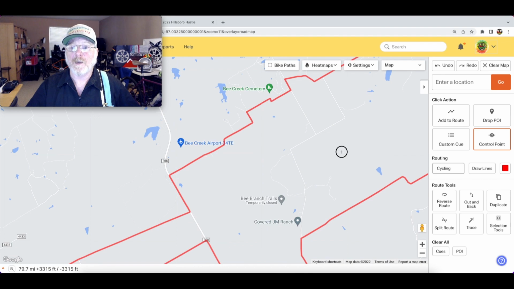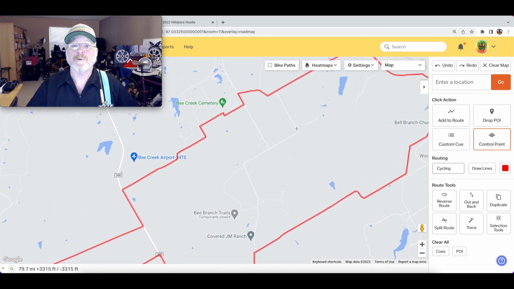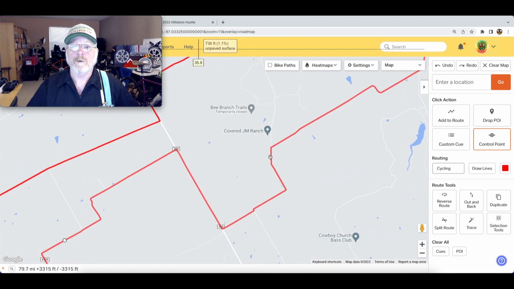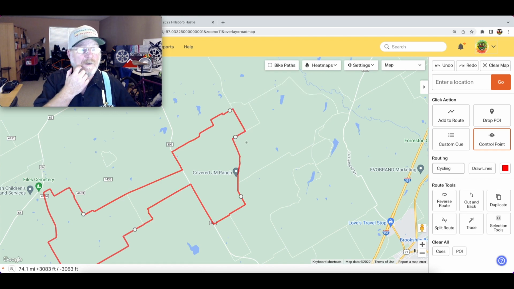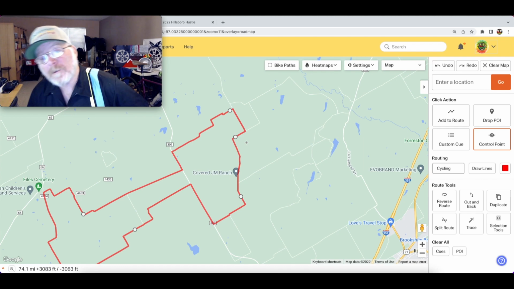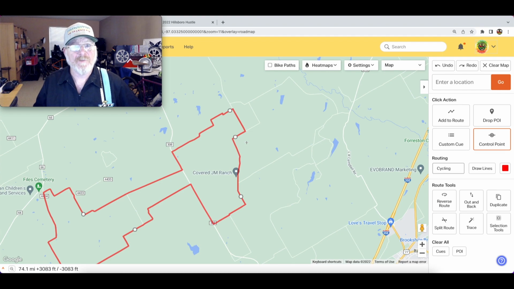We could hypothetically, let's play with this. We'll do our control point there and control point here. And what we're going to do, just to see what it does to the mileage, is if we don't do Witten Road all the way around, if we cut it at, so that's 74.1. So we have a 74 miler, that's in our 75-ish range, or we have a 79 miler, which is in our 75 mile range. Now, working from past experience, I really like this Witten Road